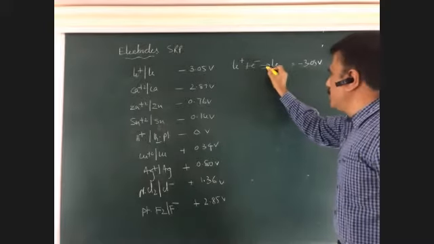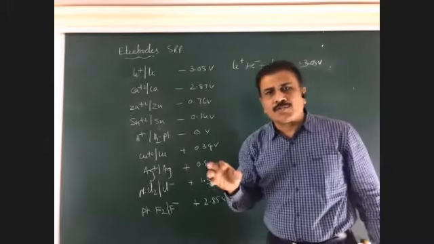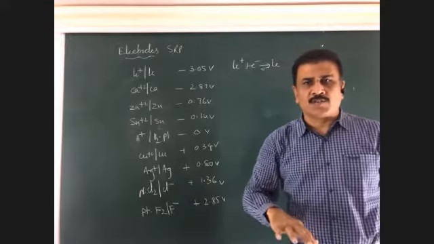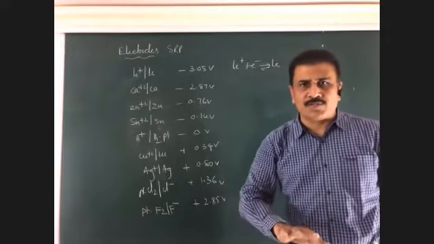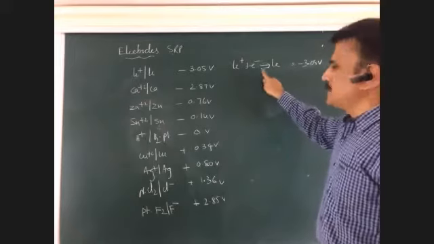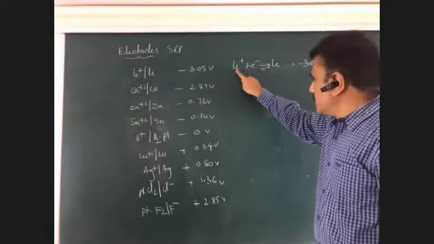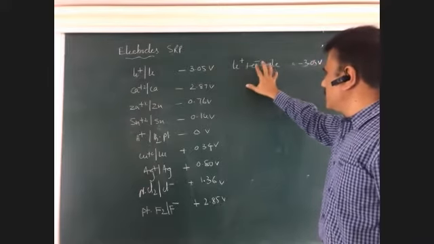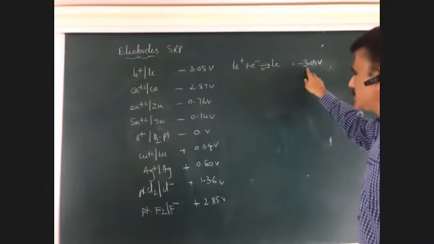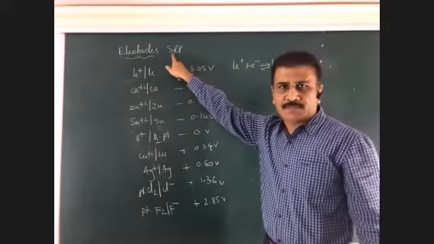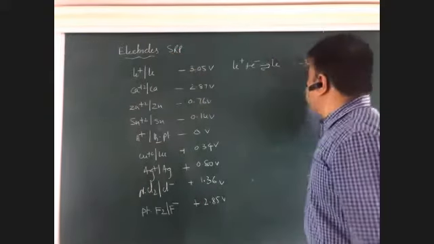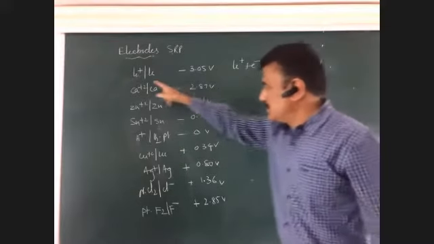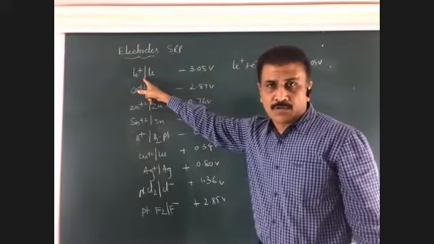This is a reversible electrode. All electrodes are reversible. That means it may gain electron or lose electron. It may act as anode or cathode. So hence it is represented like this. Look at this. Li plus plus electron, lithium, reduction. The value is represented, hence reduction potential. If you come in this direction, that becomes oxidation potential. This is the equation. This is the representation of electrode.